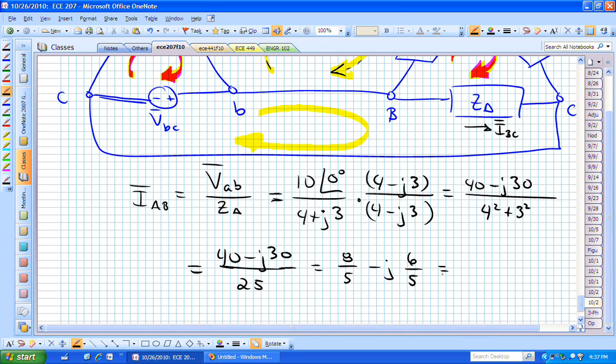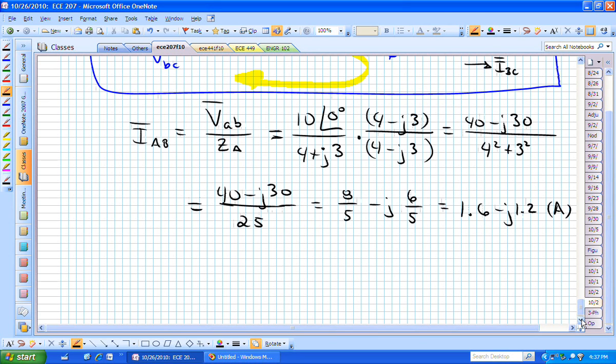Is that right? So this is now... is that true? That's one way of writing the answer. What's another way? I would have probably